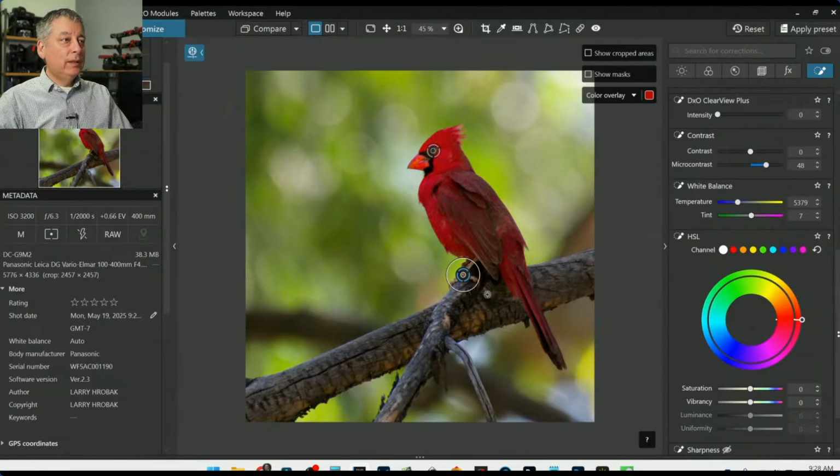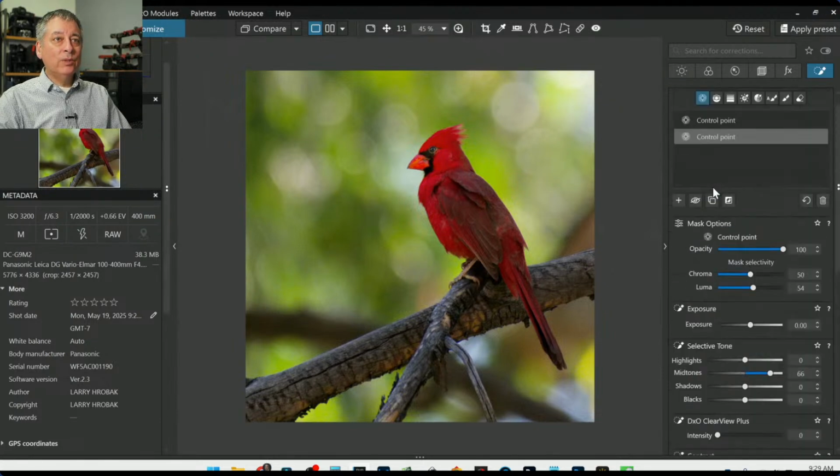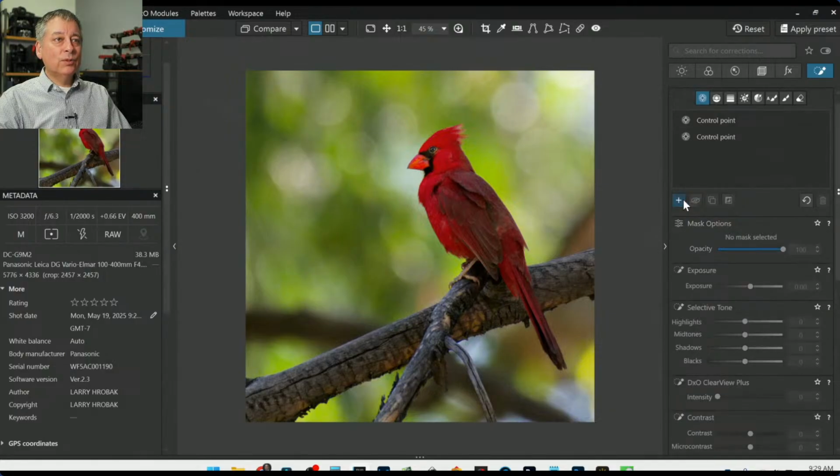Now, the bird is a little bit too bright here in the front relative to the back. And that might be okay if it felt like the light was coming in from the left side, but it doesn't feel that way. It feels like it's more backlit or coming from this corner up here, the upper right. So I'm going to add some light to the back here, because I think that would look more natural. So again, I'll just use a control point. So create a new one. So I hit the plus sign,